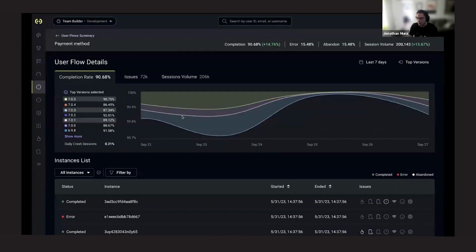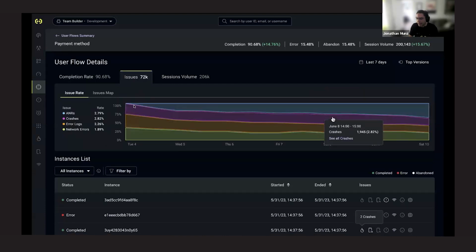And being able to dig into those a little bit and seeing reporting across all the times these flows were encountered in my application by users. What were they experiencing? In what cases were they completed successfully? How does that look across different releases of my application? And specifically, if they are encountering issues, what is the nature of those issues